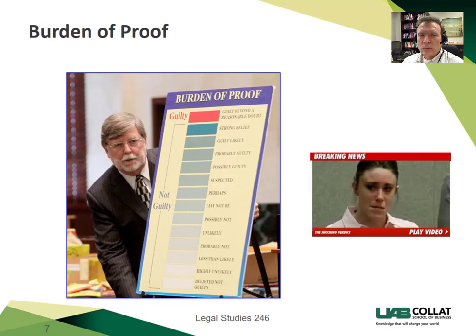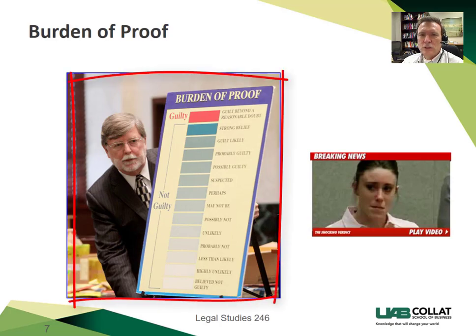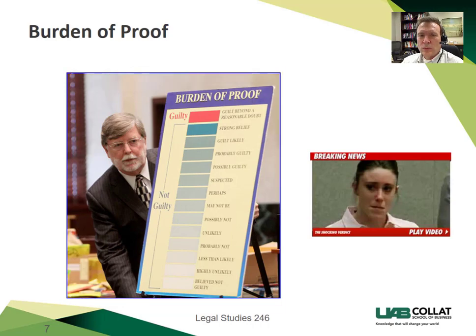Because taking away someone's liberty is protected under our Constitution, it is a lot harder to send somebody to jail. It is a lot harder to find someone guilty of a crime as opposed to a tort. And I think this chart, if you can zoom in on it, summarizes it very well. Casey Anthony was accused of killing her toddler daughter several years ago, and her lawyer, shown with the poster on the left, very effectively showed just how hard it is under our legal system to find that someone is guilty of a crime.